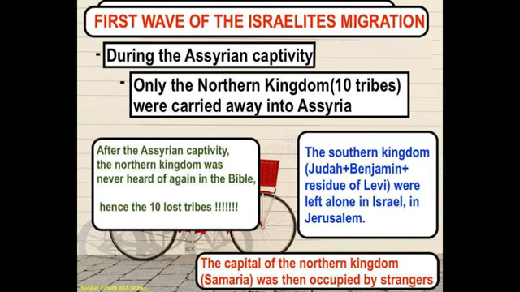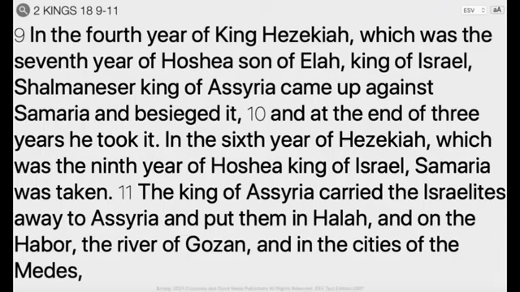You remember, Samaria is the capital of the house of Israel, the northern kingdom. So they brought in other people to occupy the land instead of the Israelites, because the Israelites were already carried away into Assyria. So now we're about to get into the deep water now. Ever since they were gone, they never came back. You never heard about them in the Bible. But we're going to find out exactly where they went,